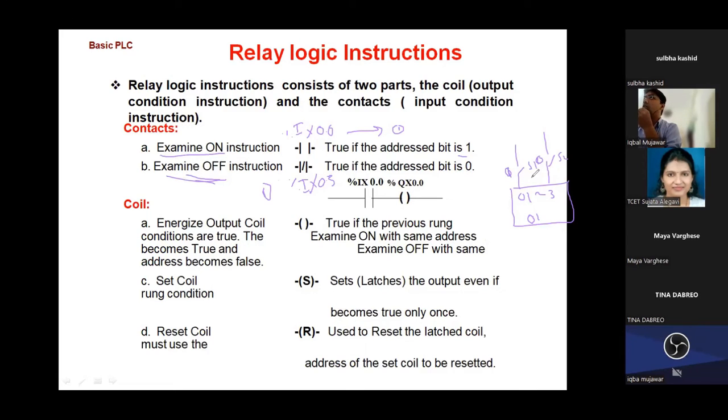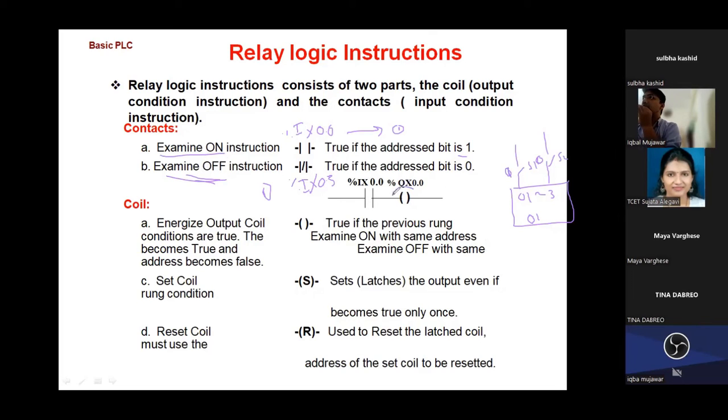This is all about the logic of S1 and S2. I can connect with an input, and I can connect with an output also. It's not only inputs I connect, but there is a logic that is important. One passes the same logic, the other passes the opposite logic. Right now I connected this logic with switch 2, so whatever the state of switch 2 is, it will pass the opposite. If switch 2 is 0, it will pass 1. If it is 1, it will pass 0. And this is examine on. It will pass the same state. If S1 is 0, it will pass 0. If S1 is 1, it will pass 1. That is the basic difference between examine on and off.